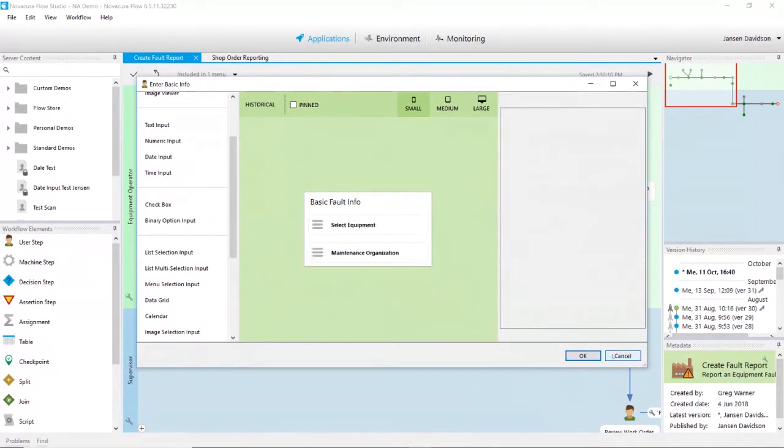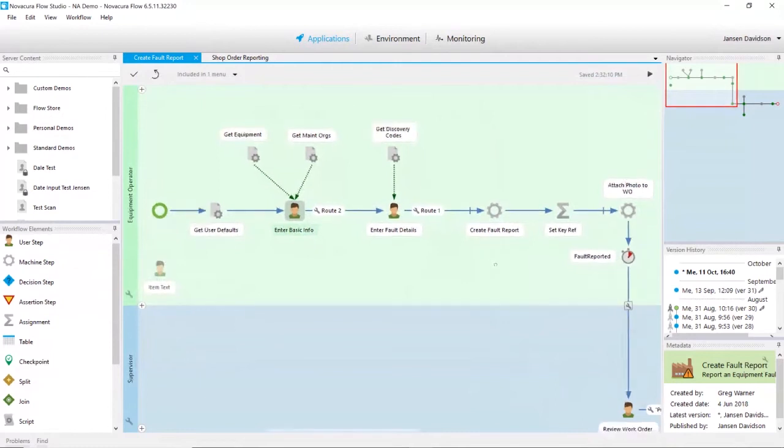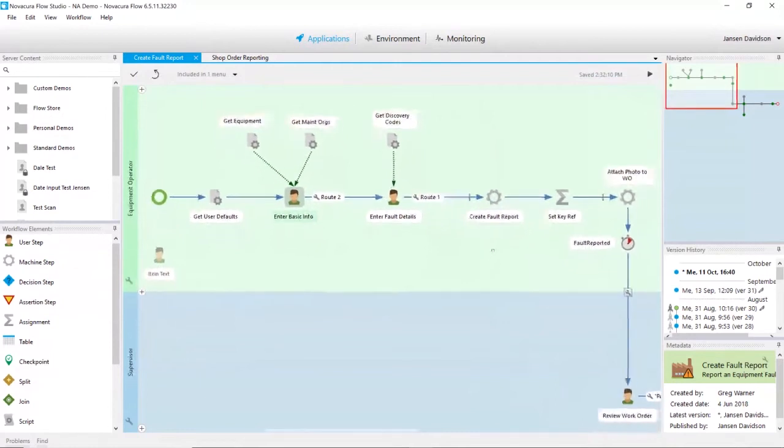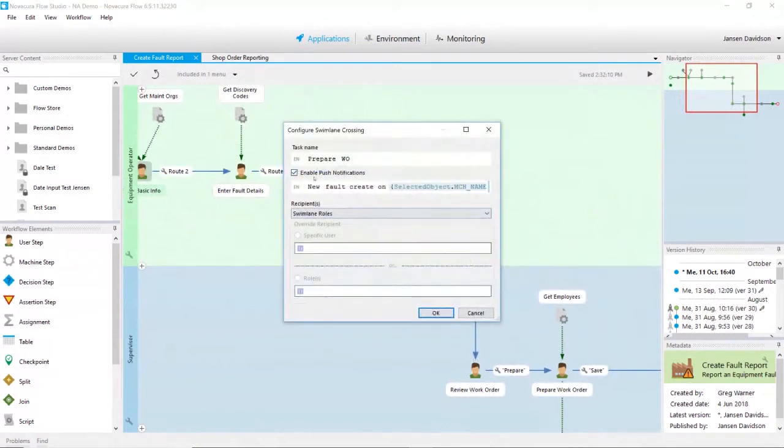I don't want to really show anything, change anything right now. But as I mentioned earlier, this particular flow has us at some point handing off to the supervisor. So the tech up here went ahead and reported the work order. Now that there's a handoff here, by default I should add, it will allow for push notification. So the supervisor doesn't necessarily have to be sitting there at their computer waiting for something to come across their inbox, but we can actually send a push notification letting a supervisor know that, hey, there's 3 work orders that